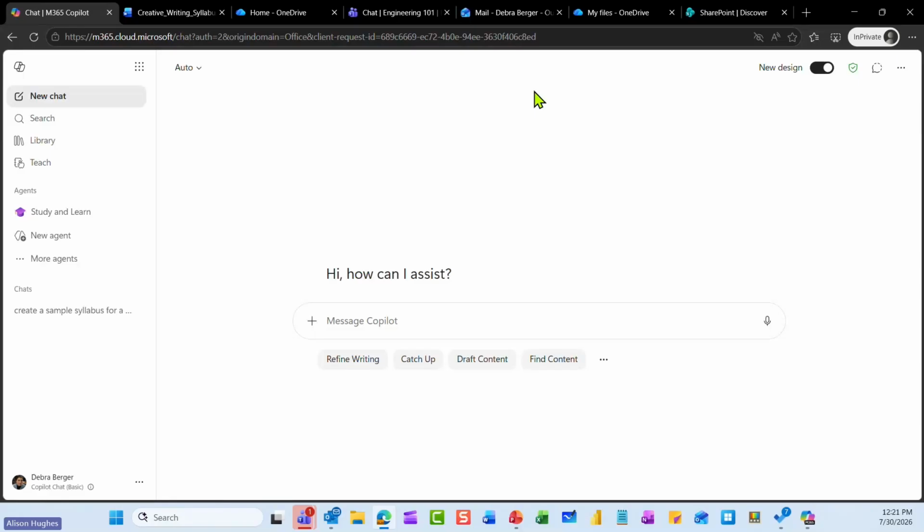Just briefly on that work web toggle, if you're seeing it in the top of your Copilot chat screen, the work toggle is generally going to be used for anything that is work specific content. Anytime you're working with your work files, your work data, keep that work toggle turned on. But if you're going to the web, let's say you just need the latest updates on a specific news topic or anything that's not specific to your work content, you're going to go to the web to gather that information, just like you would be searching in a search engine, but you're not going to be using your work content in the web. All right, so